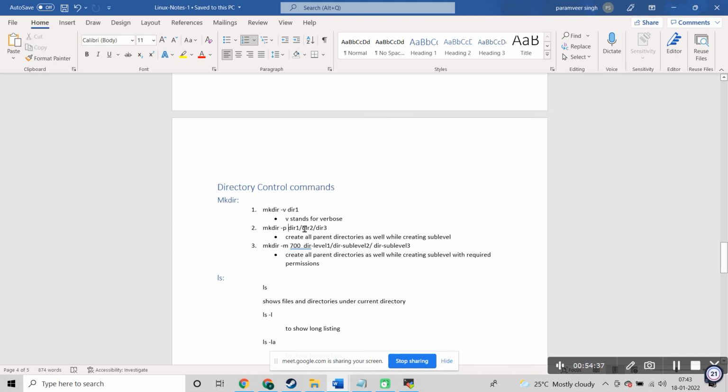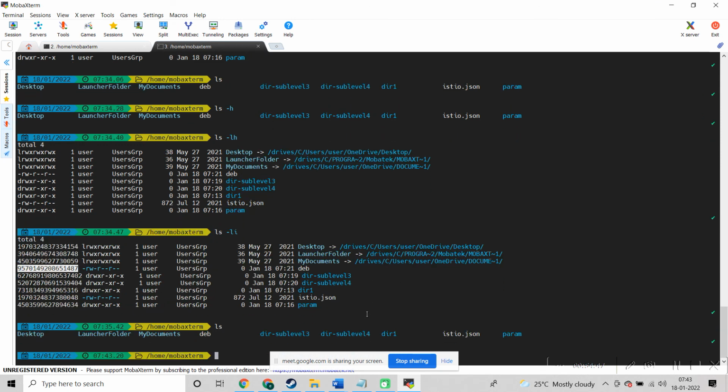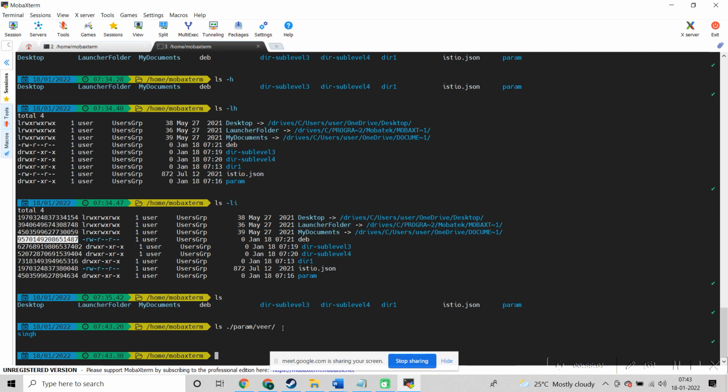When there is directory one and directory two under it, you can simply give that path too if you want to see what is under it, let's say under paramveer. ls will show you the files and folders of the current directory if you don't pass any parameters, and if you pass a directory path, the way I have passed here, you will get the details. I'll be sharing this video. I'm stopping now.